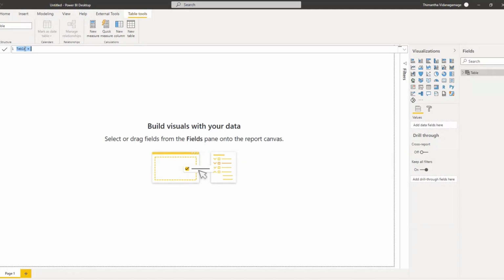So I'll be keeping this DAX logic as simple as possible so that anyone could understand, rather than going into any complexity. Talking about these date dimensions, there are multiple ways you can create that. You can create that with Power Query as well without using DAX. And you can create that in the source itself as well if it's required.